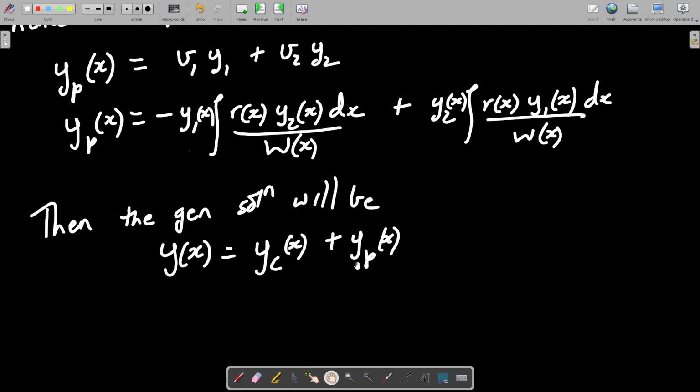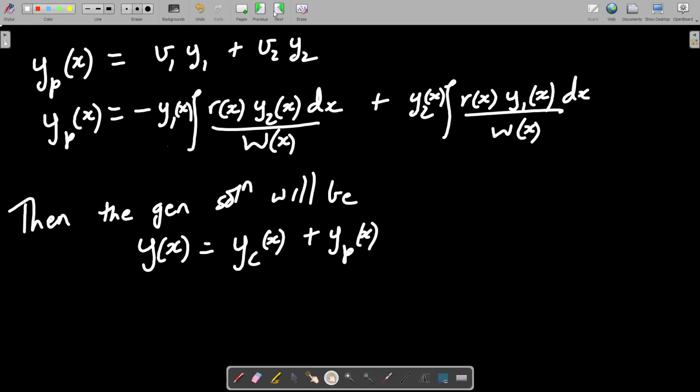I have to tell you some things about the Wronskian also, but I'll do that a little later. We'll start with solving problems now. There are certain properties of the Wronskian which we should know. So let us start with problems based on this.